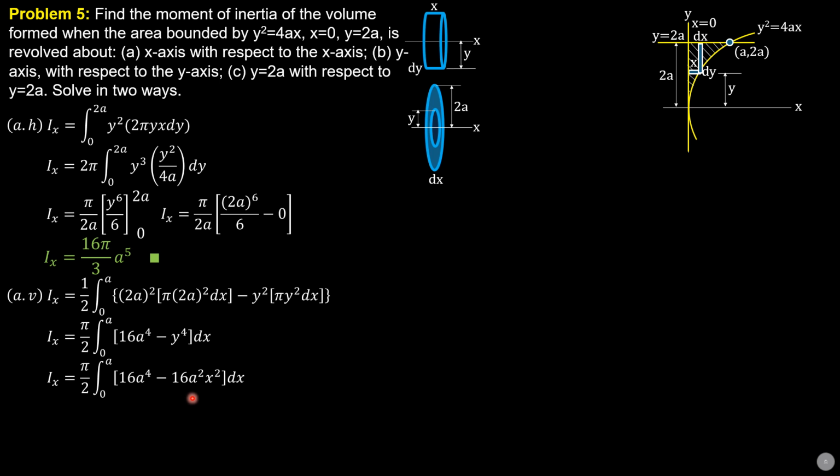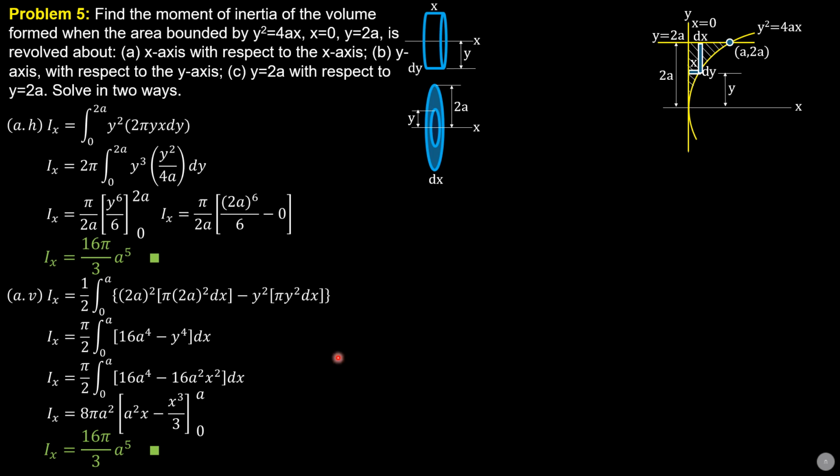Then this is x cubed over 3. The integral, after we factor out 16a squared, is 8 pi a squared times (x minus x cubed over 3) from 0 to a. So that's a cubed minus 1/3 of a cubed, which is 2/3 of a cubed, times 8 pi a squared. So it will give us the same answer of 16 pi over 3 a to the fifth.